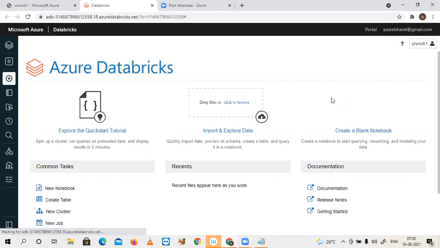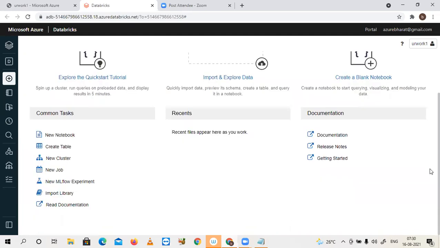If you want to keep any files over here, if you want to practice with the data files, just click on this, or you can directly drag and drop the files into here. But these are not data lake files. Later, once you get hands-on with Databricks, you can try how to access data. Databricks can access Data Lake Gen 1 and Gen 2. These operations we will see later.